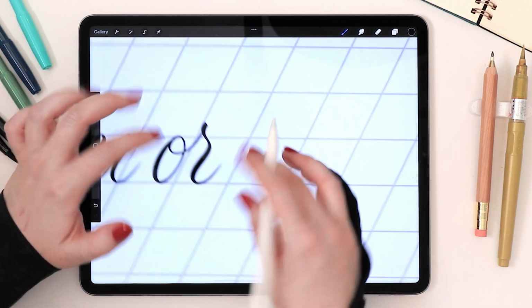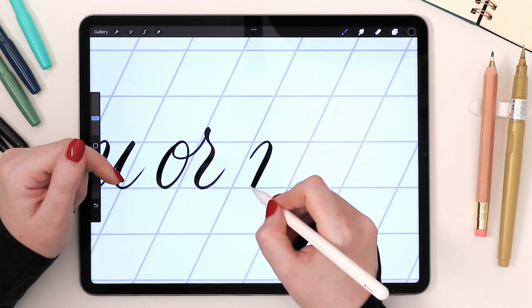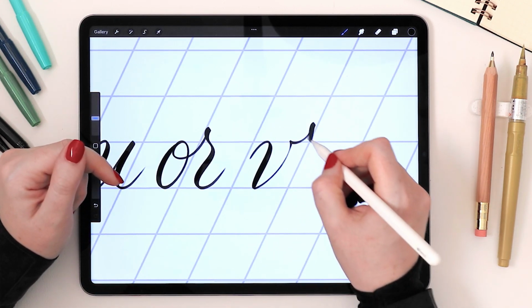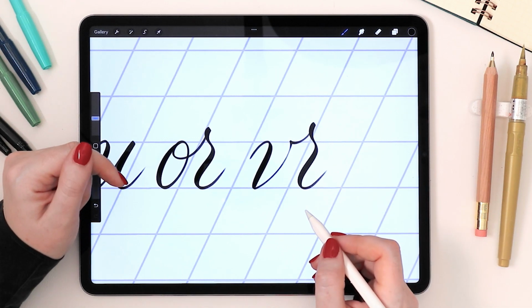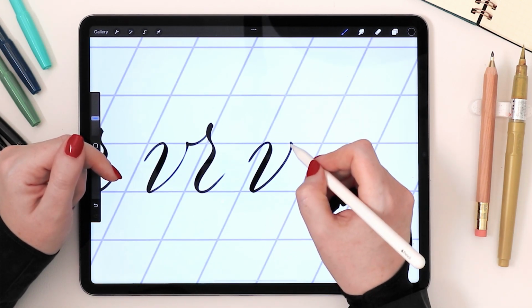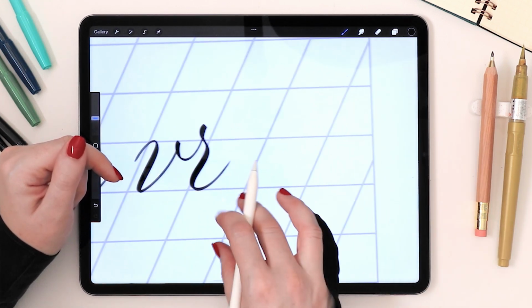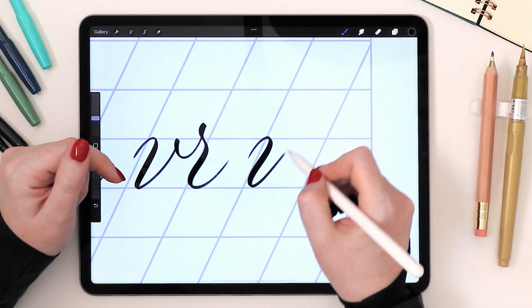One technique is to come down and exit a bit lower out of these letters. Let's try this with V, for example. This is a bit of an odd way to write VR, right? So you'd kind of want to have to adjust the V to come down and then go up. It's a little bit tricky. VR